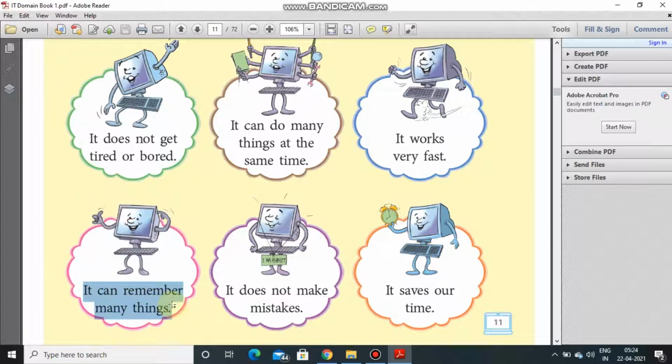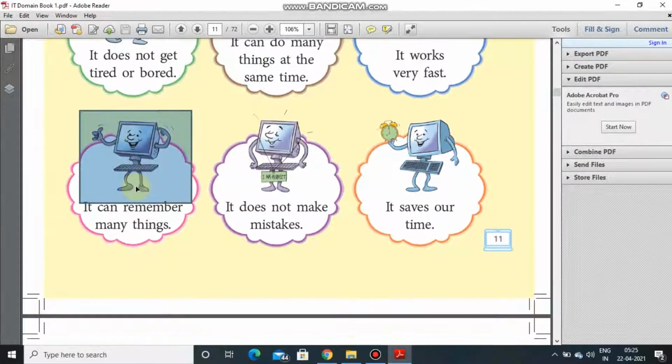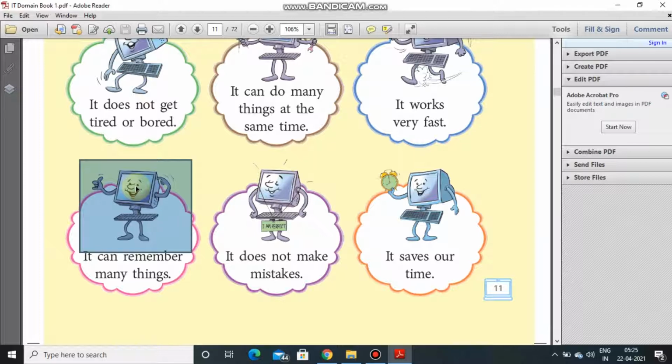We also store things in our brain. Yes or no? Like we learn something, we learn a spelling. When you are learning a spelling or a word, what are you doing? You are storing the concept in your brain. And when the teacher asks or when the exam comes, you recall these concepts from your brain. It is stored in your brain and when you need it, when a question is asked, you recall it from the brain. Similarly, the information is stored in the computer's memory, which is recalled whenever required.